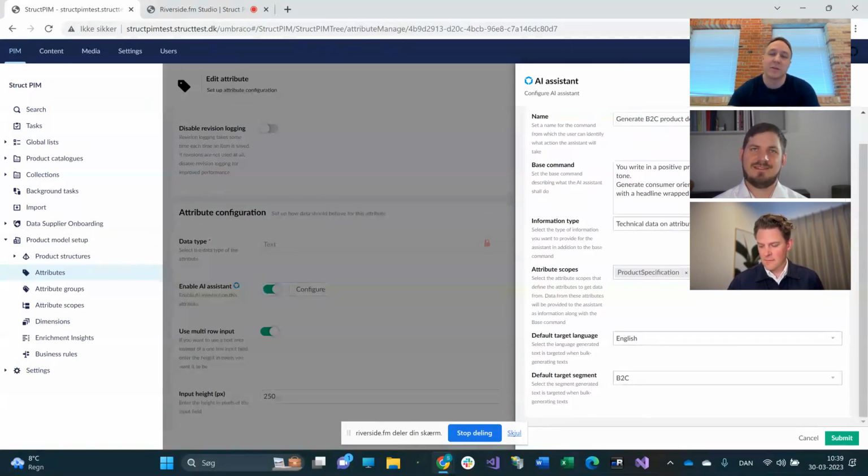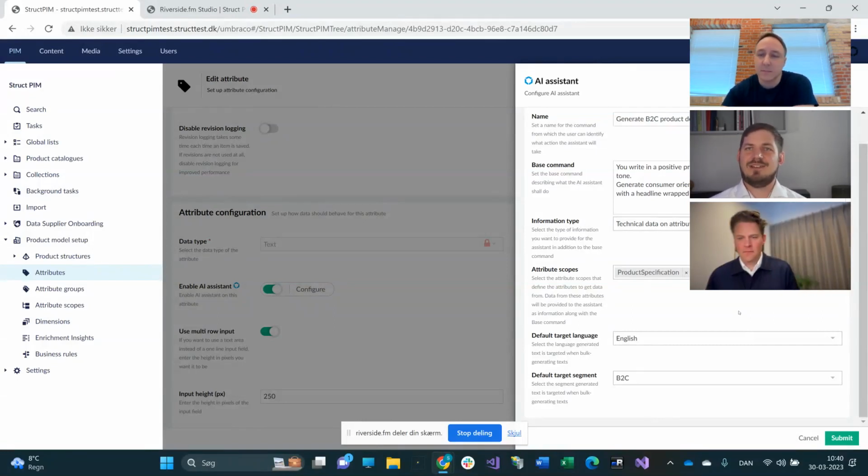So what we're doing here is we're actually specifying the information on the product that we want to send to ChatGPT, so it knows what the product content is, so to speak, when it generates these texts. So this way we can sort of point to the actual attributes that are important to consider when creating the texts. Yeah, exactly. So here it will include all the different attributes that are relevant for generating the description, like the technical specifications you showed earlier.